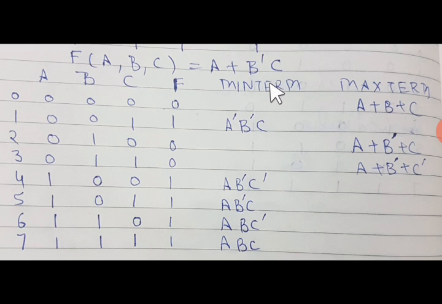What is minterm? Minterm means all the Boolean variables of the given logic system must be present. Second thing, it is a product. So it's a product of all the Boolean variables in the given logic system, and we always complement zeros here. Now you can see that I have not written a minterm for row number 0. I have not written for 2 and 3 where the output is 0, there also no minterm. So let me tell you, minterms are specified in a truth table where the output is 1.